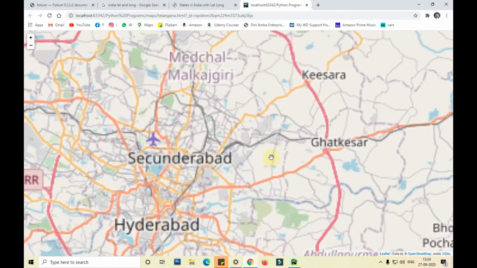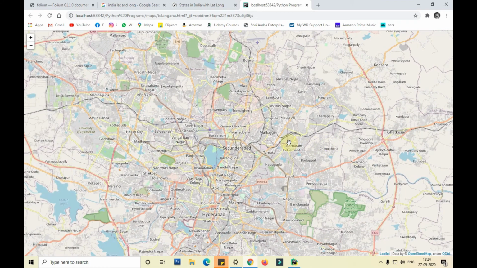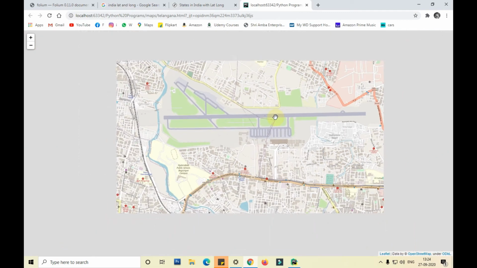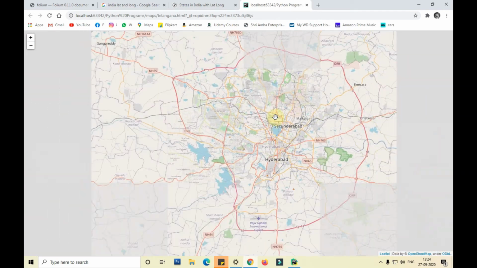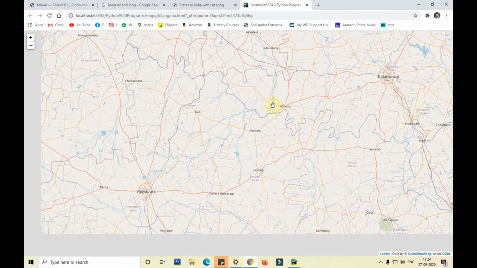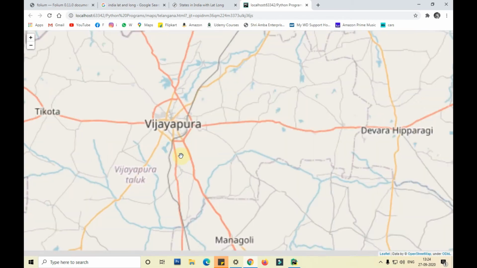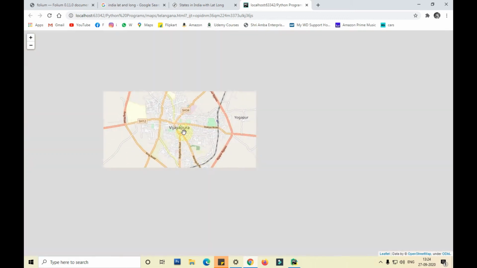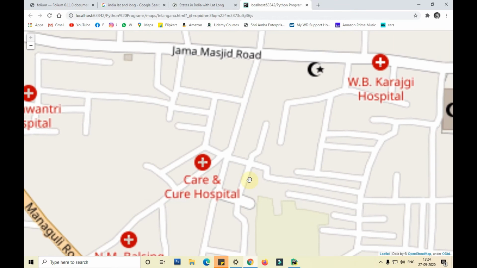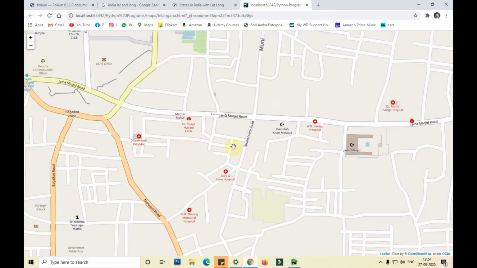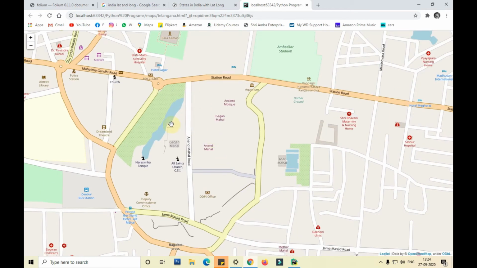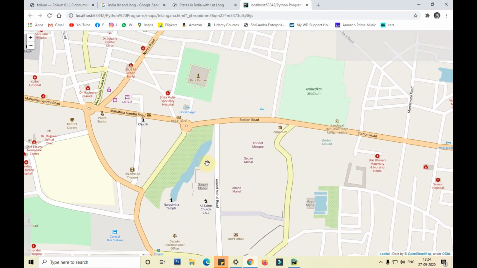So this is our Hyderabad. As you can see, it is also showing us the nearest airports and all. In a similar way, if I want to check other places, like Vijayapura here, you can zoom and check whatever we need. We are able to see all the hospitals nearby, major places, but not all the places, guys.